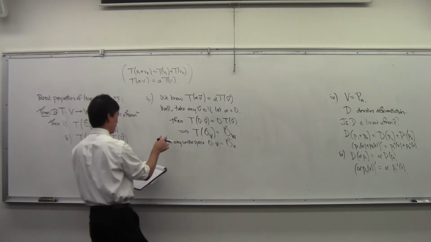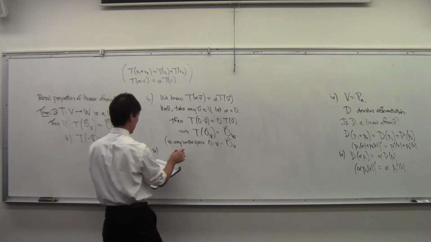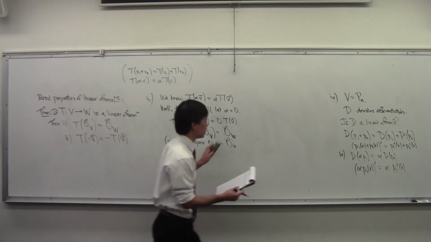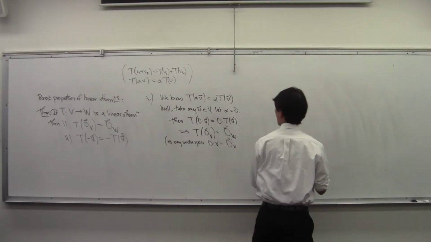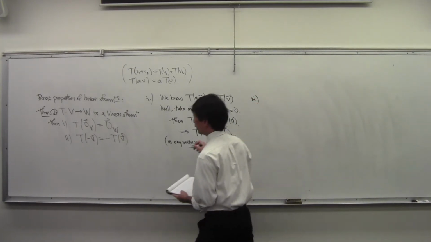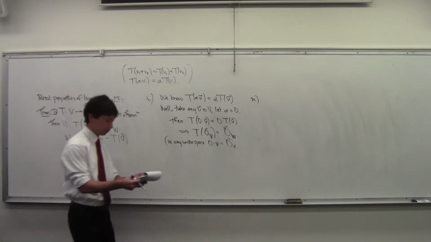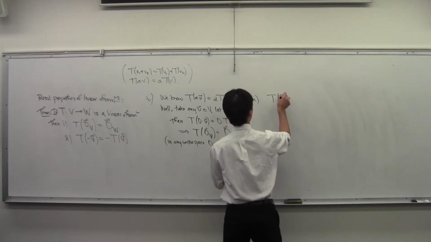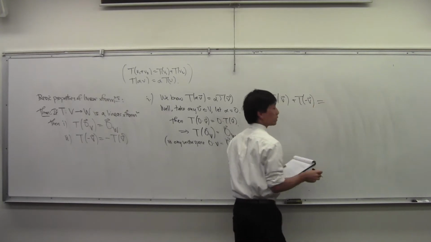Second proof. Okay, proof number 2. We want to show that T of negative v equals negative T of v. I say, okay, well, T of v plus T of negative v equals